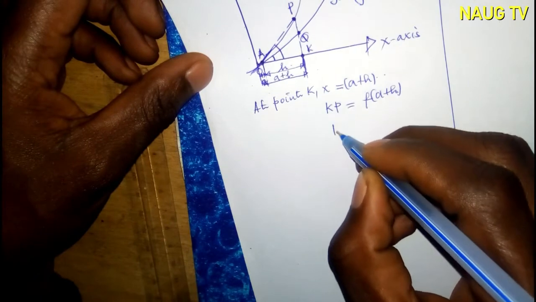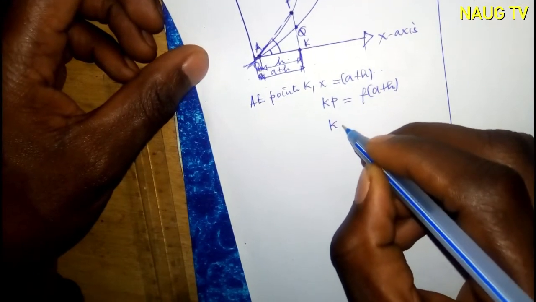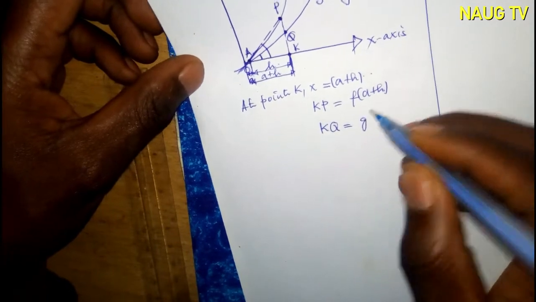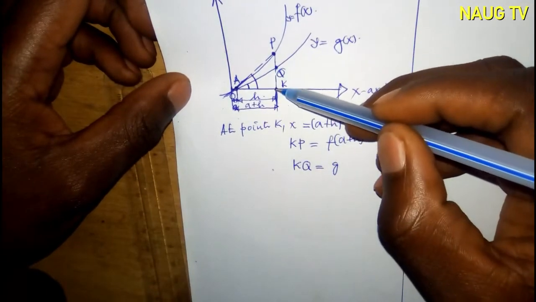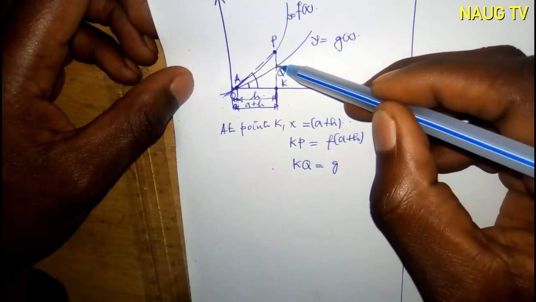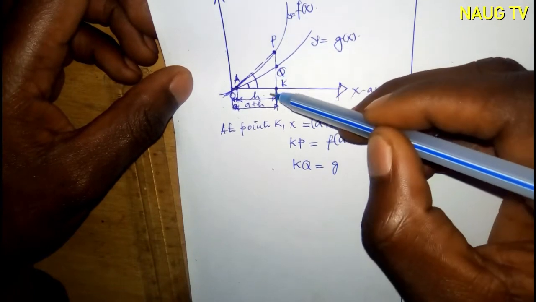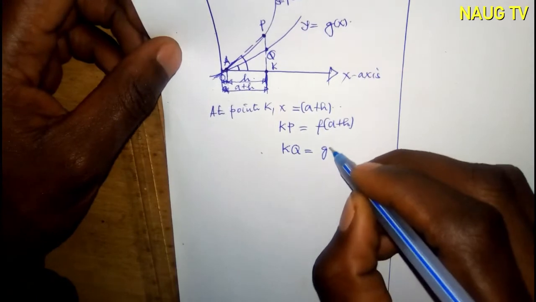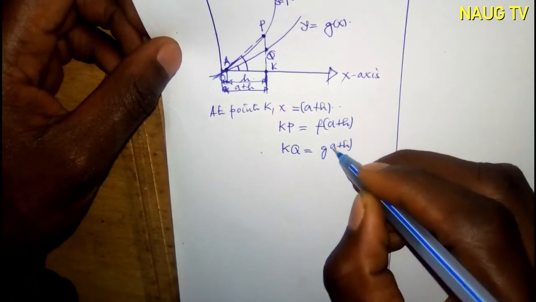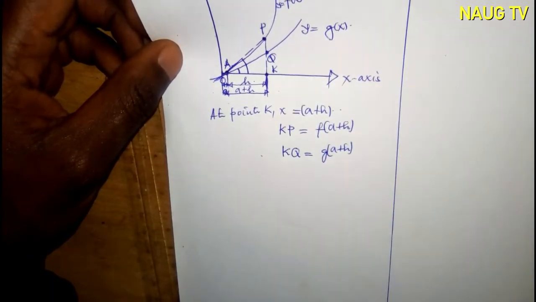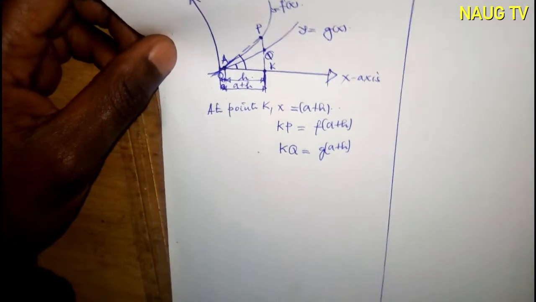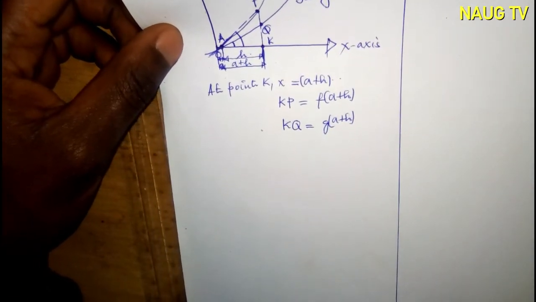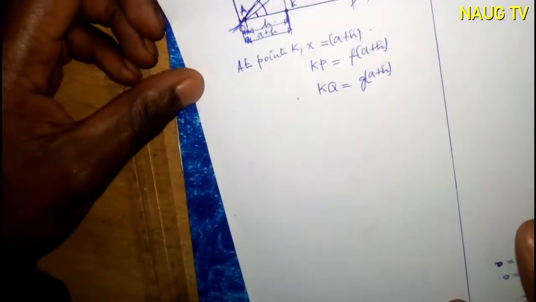Also the distance KQ would be equal to g of, the distance from here Q to K. This distance would be equal to g of a plus h. So simply it means that